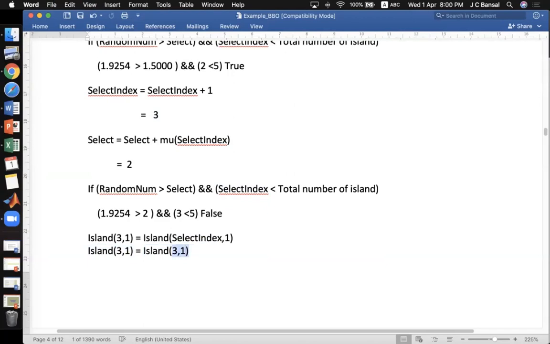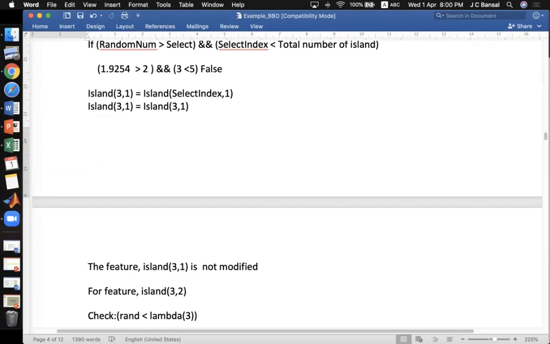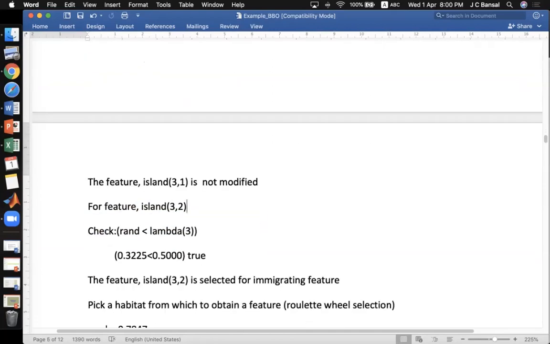So the island will remain the same. I hope I'm clear. Yes, sir. So there is no change in the island 3 1 also. It is not modified. I have also written this, that it is not modified.